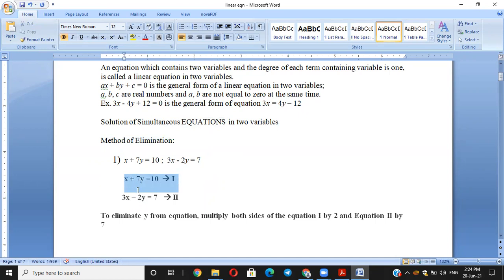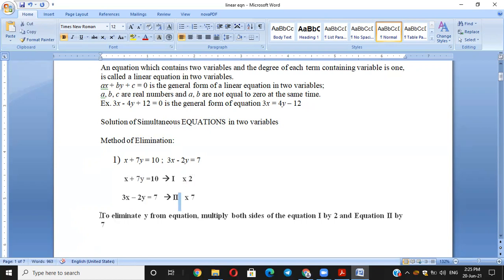So to make this y term 14, that is, this is plus 7, to make this 14, I will multiply the whole equation number 1 by 2. So that y becomes 14. Right. And to make the y in equation number 2, which contains -2, I want to make this -14, so that plus 14 and -14 will become 0. To make this -14, I need to multiply the second equation by 7. Understand it. So first equation multiply by 2 and second equation multiply by 7. That will actually eliminate the term y.